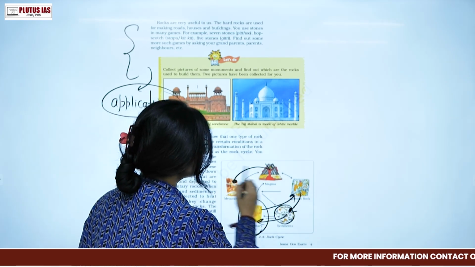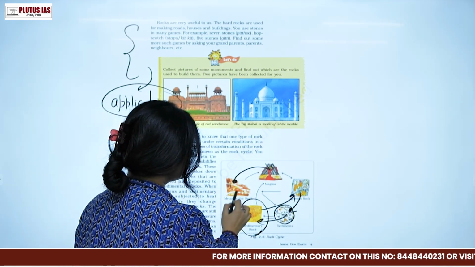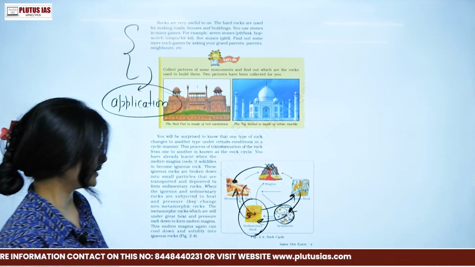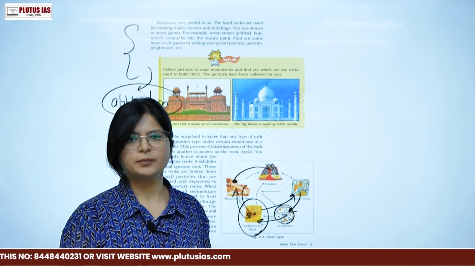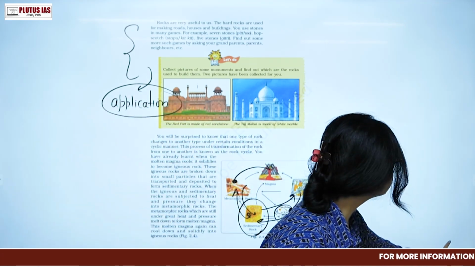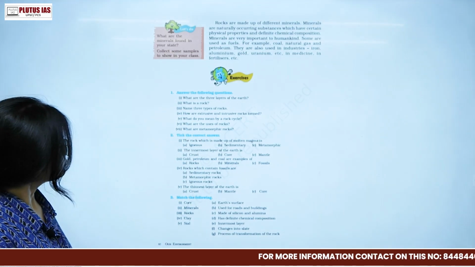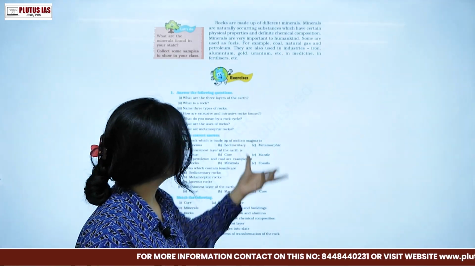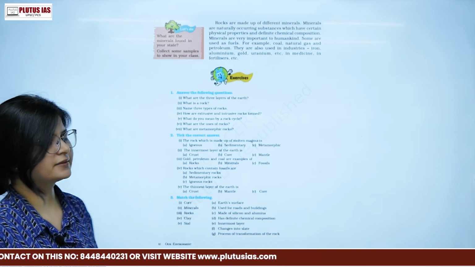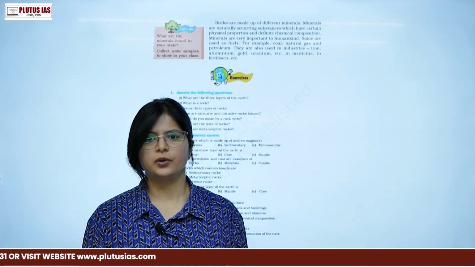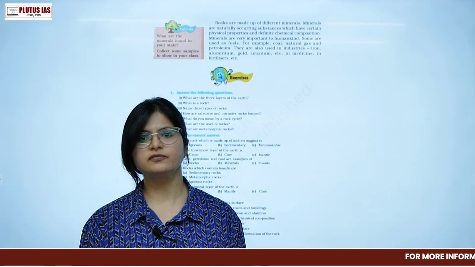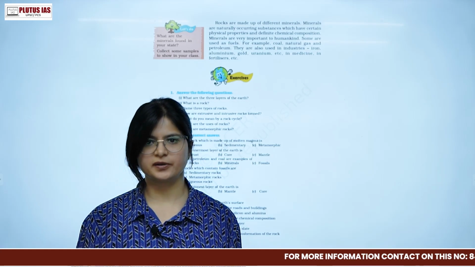Similarly, sedimentary rock can be converted into igneous. So there is a cycle which has been given. Now, sedimentary can be converted into metamorphic. Even metamorphic can be converted into sedimentary. So every type of rock can be converted into another type of rock. Therefore, the cycle has been shown here. Okay. Now, rocks are made up of different minerals that we have already discussed, right? And there are different utilizations of rocks and minerals as we know. Iron, etc. There are different utilities of different minerals.